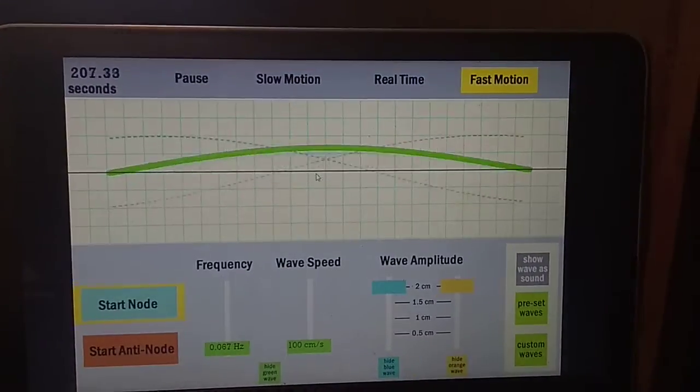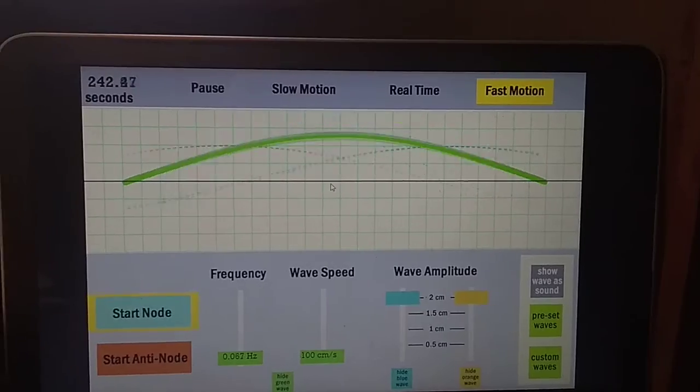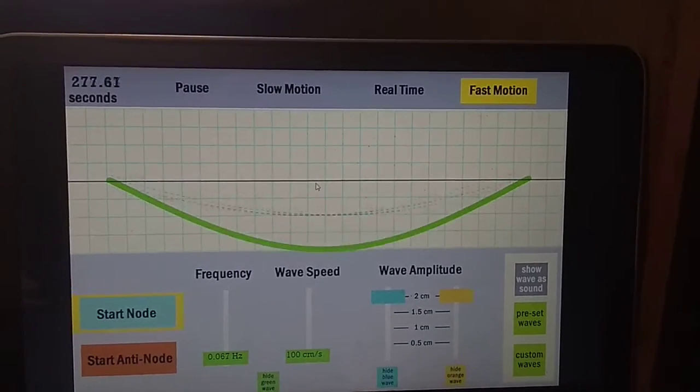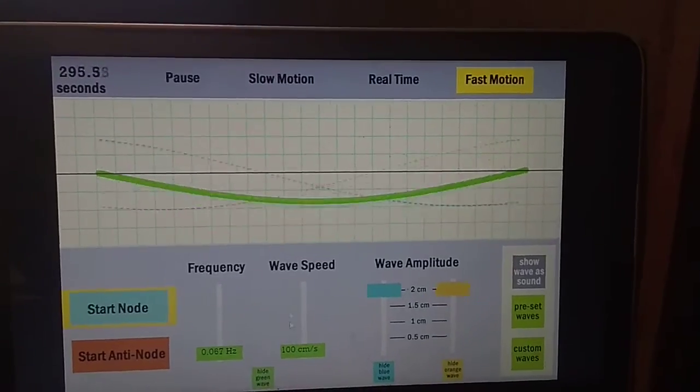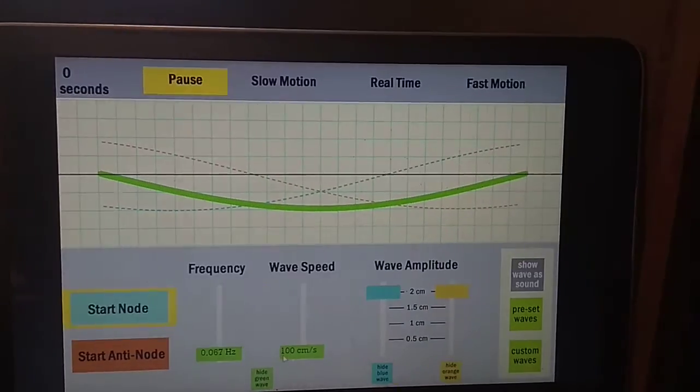Okay, so this is called a standing wave. Notice that even though the blue wave seems to travel to the right, and the orange wave seems to travel to the left, the green wave doesn't seem to be doing anything. It just kind of stays there. I can set up another standing wave if I change the frequency by keeping the wave speed the same,